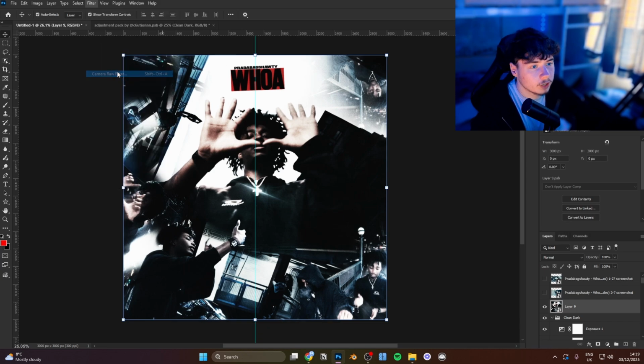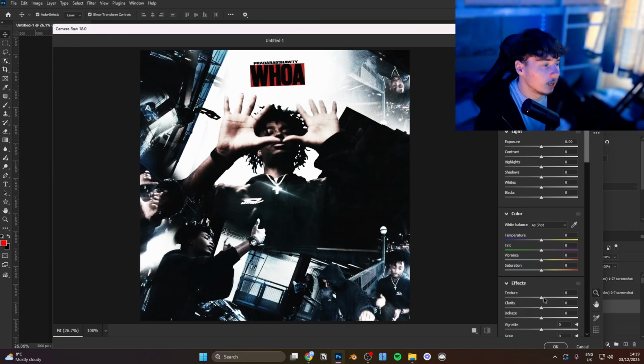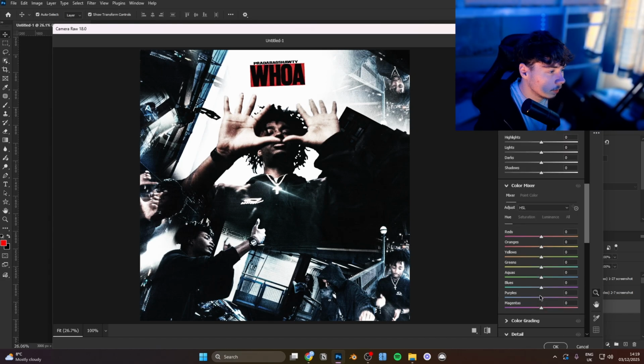We are going to go to camera raw filter. Bring texture up, clarity. I want to go down here to color mixer, go to saturation. I want to get rid of this aqua kind of look. Maybe the bluish. I want the blue, but I don't want it to be too blue, if that makes sense, right? Could even shift the hue of the blue